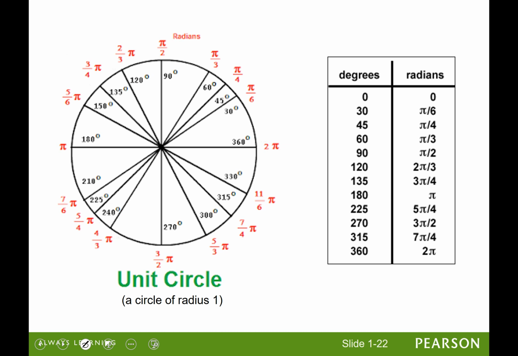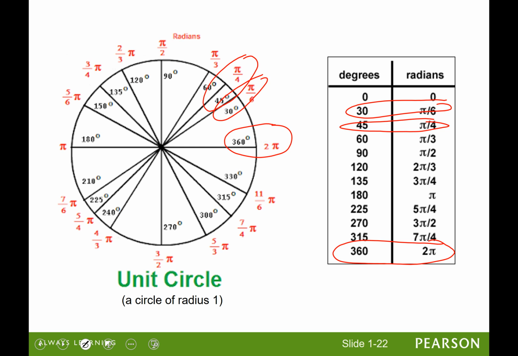All right, here's our unit circle again, a radius of 1, but this time this figure has the degrees and the radians labeled on the same figure, so you can see them in the same place. So 360 degrees equals 2 pi, 30 degrees equals pi over 6, and here's the table for you as well. The main ones are listed here, the most frequently used ones. 45 degrees is the same as pi over 4, also listed here in the table. 60 degrees is pi over 3, also listed here in the table,